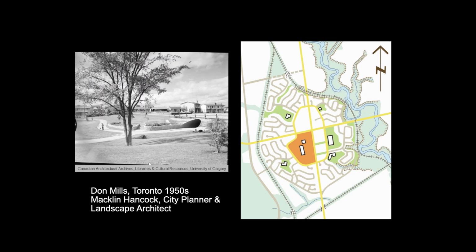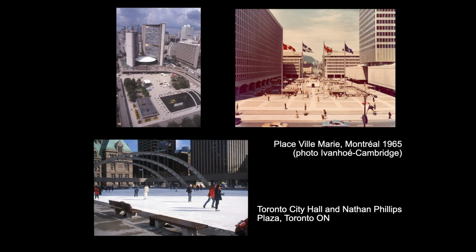In response to a severe housing shortage in the post-war era, a series of new, large-scale urban districts were designed and built, closely following the principles of the Garden City movement we discussed earlier. One of the most original of these was Don Mills, near Toronto, designed by landscape architect and city planner Macklin Hancock. Canadian downtowns that had languished since the beginning of the Depression experienced an urban renaissance in the late 1950s